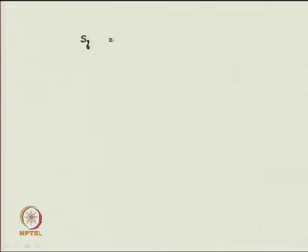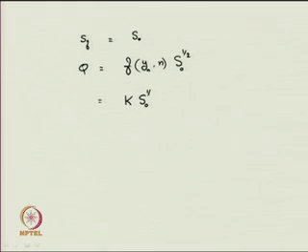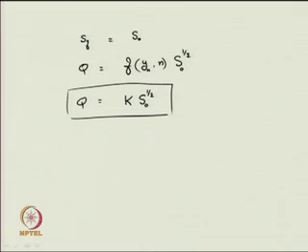Your S f is equal to S 0. Therefore, again function of y n, Manning's n into S naught to the power of half. If I suggest this as K into S naught to the power of half, if I obtain such a relationship, now Q is equal to K into S naught to the power of half, where K is a function of y n and n, this term is also called